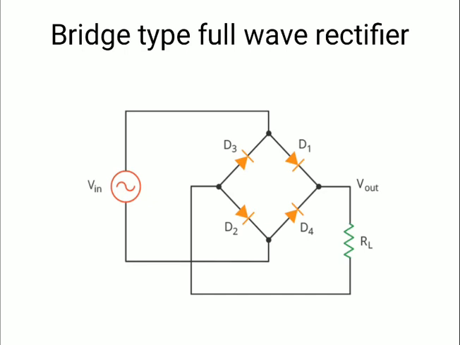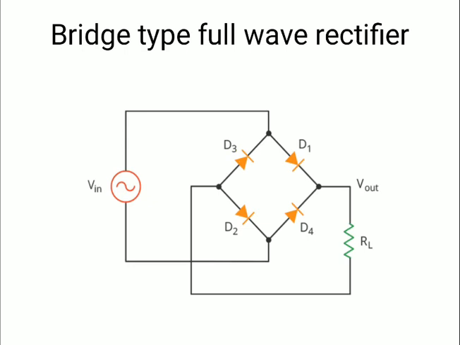When it comes to the point between D3 and D2, where do you think it will go, D3 or D2? Of course D2. Why? Because D3 is in reverse bias, it is like a dead end, so it will go to D2. After D2, it will not go to D4; it will complete its path and go to the negative terminal of the supply. This is how current flows during the positive half cycle. Now what will happen during the negative half cycle?